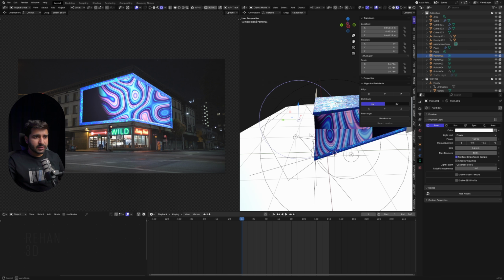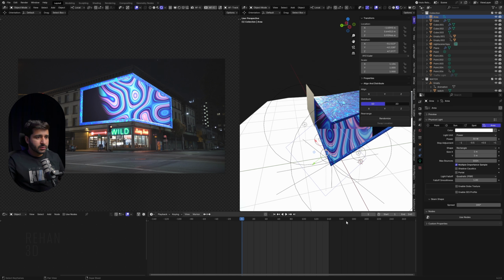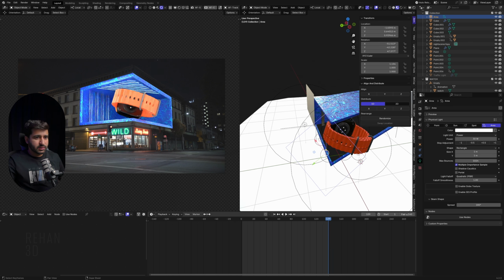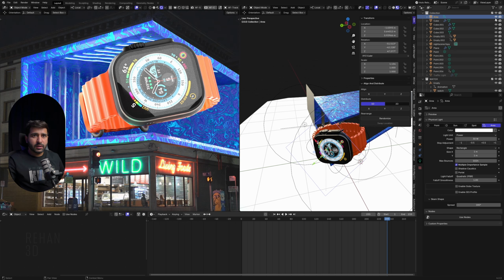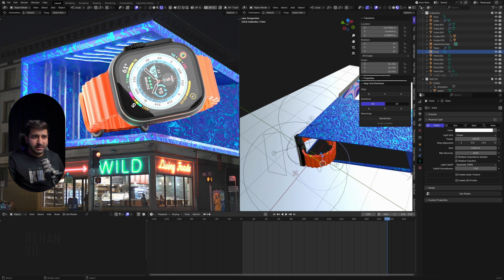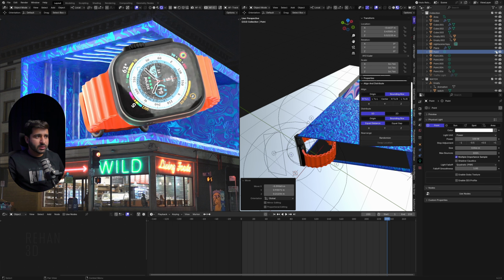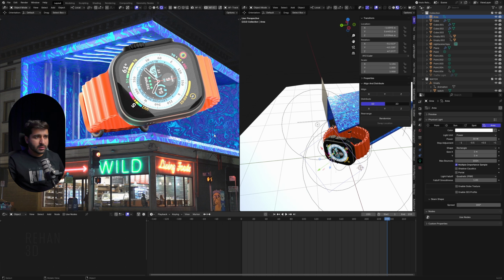I just added this area light. If I show you why I added it, in the last frame you can see this shiny light showing up on the screen. I added this, and previously we were using this. I made sure to uncheck multiple importance sampling, because otherwise it will not add the shine on the screen. You can see it's showing now, and when we uncheck it, it has no effect, but this shows light on the watch. So this area light gives me a good effect, so I just added it.